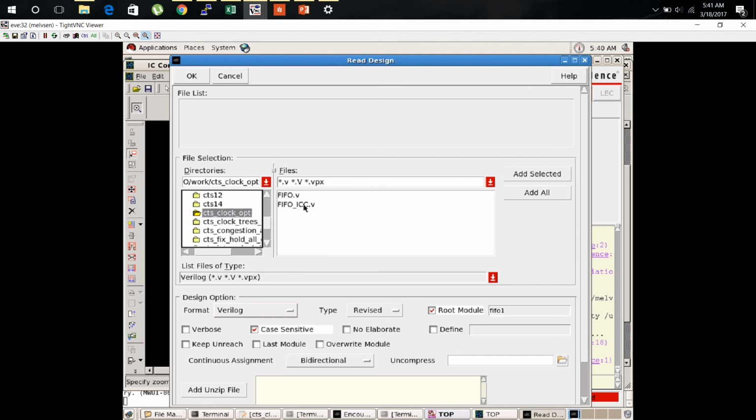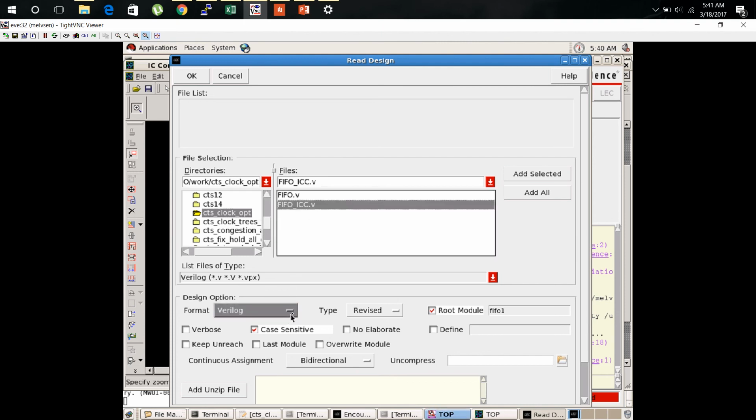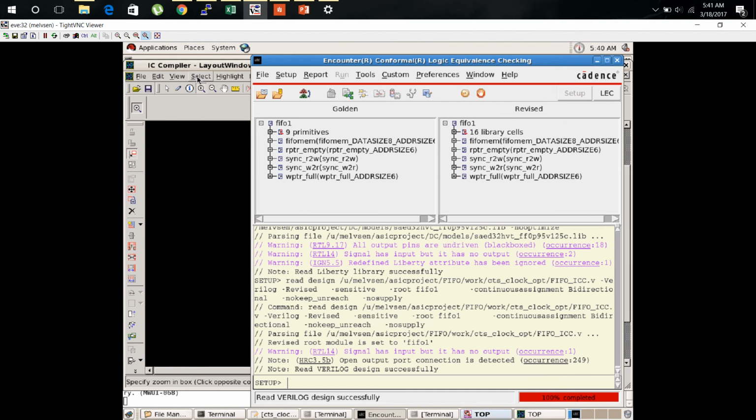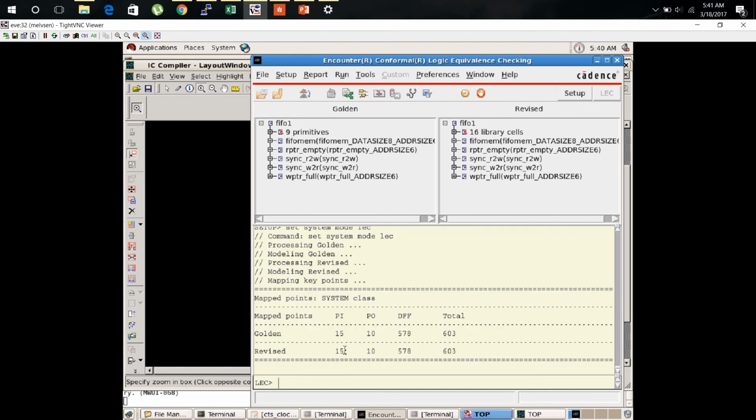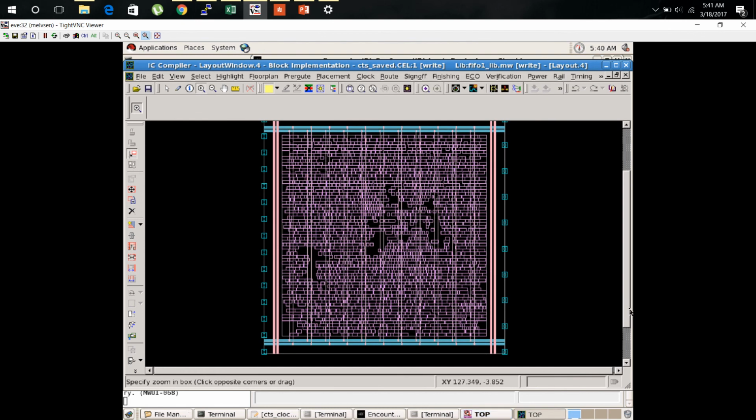So this is the output that I saved at the very end of the IC compiler stage. It's in Verilog. It will go to the revised section and it will have a top module of FIFO. I add this, I load this successfully. Then we do the LEC and we get a table which compares the golden and the revised